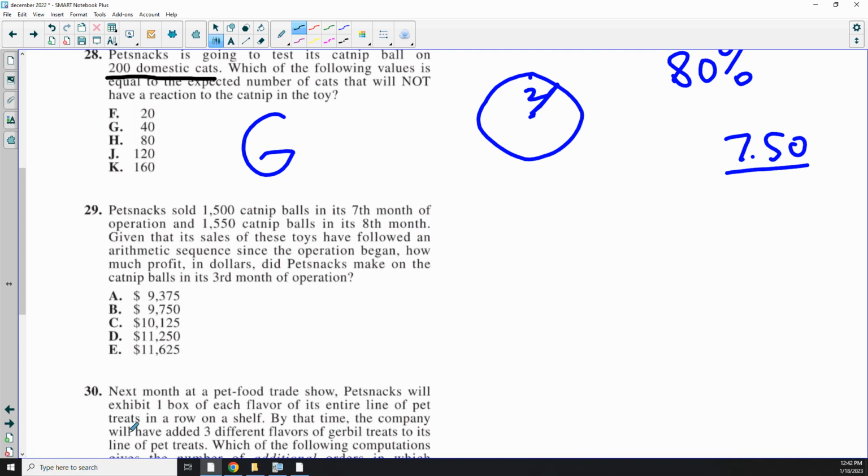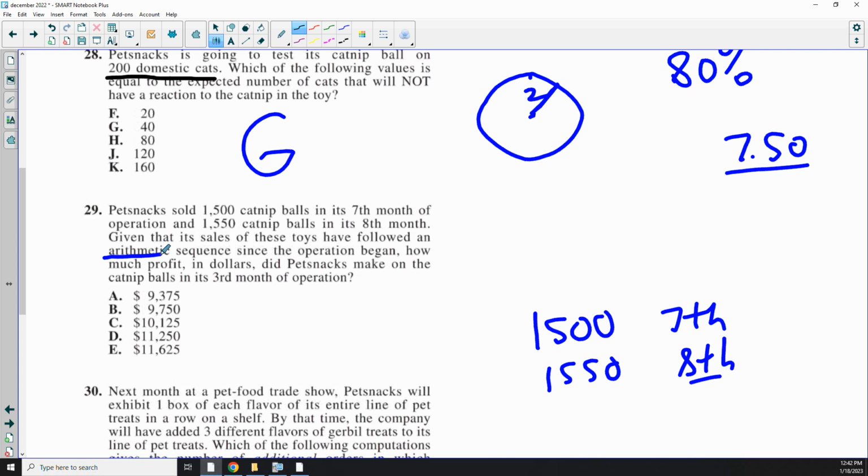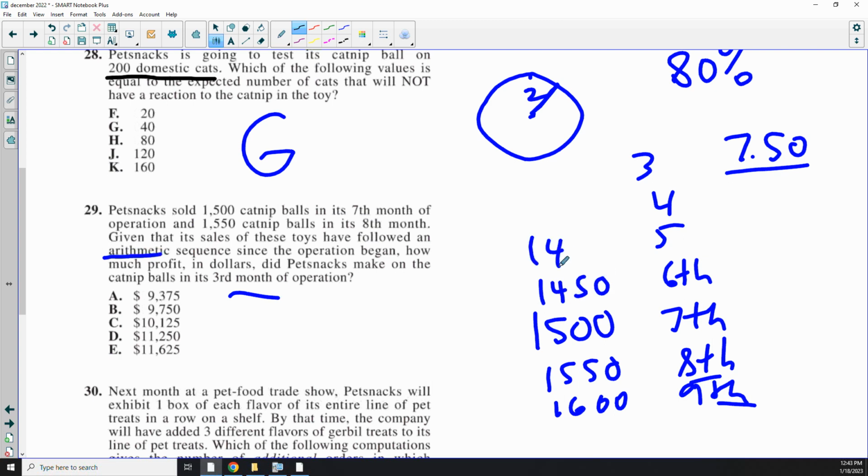I sold 1,500 balls in the 7th month and 1,550 in the 8th month. They're preaching to me that this is an arithmetic sequence, so I'm gaining 50 each month. But they don't want me counting forwards. They want me counting backwards to the 3rd month. So I subtract 50 instead. If you notice, I have no pride. I'm going to just count backwards by 50, and that's how much I sold in the 3rd month, was 1,300,